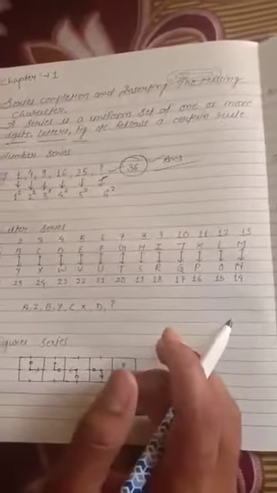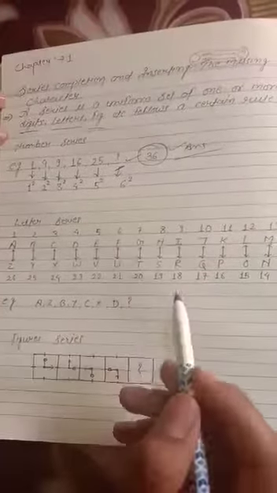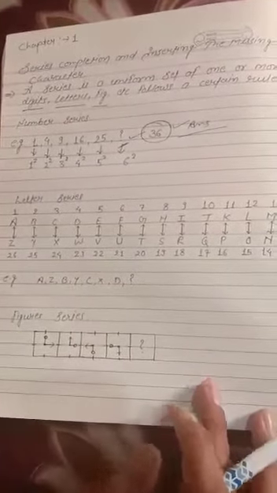That means in the number series some patterns will be given. It could be the square root, it could be the cube root, any kind of logic could be given in the series, and we have to go with the same pattern, same logic, to take out our answer. Now come to the next type of question, that is letter series.